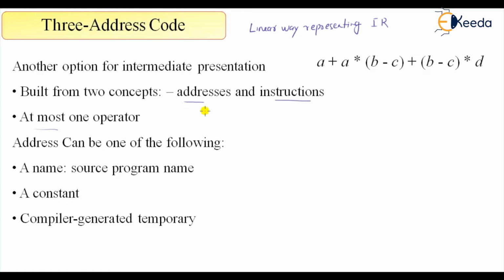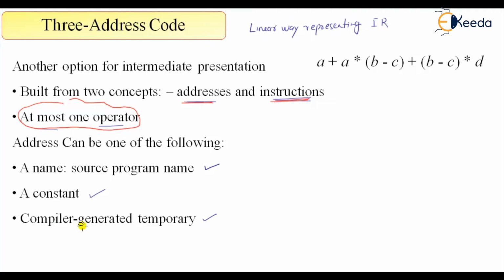operator. So there will be an address and an instruction, and at most a single operator. Now an address can be any one of the following: it can be a name, it can be a constant, or it can be a compiler generated temporary. This is the most important part, that we have at most a single operator, only one operator, and it will have an address and the instruction, something like addition, subtraction, that